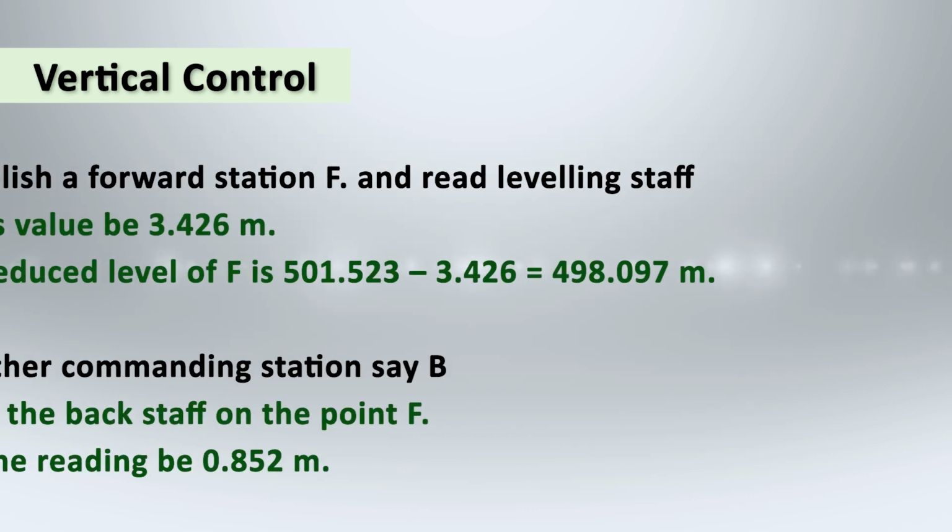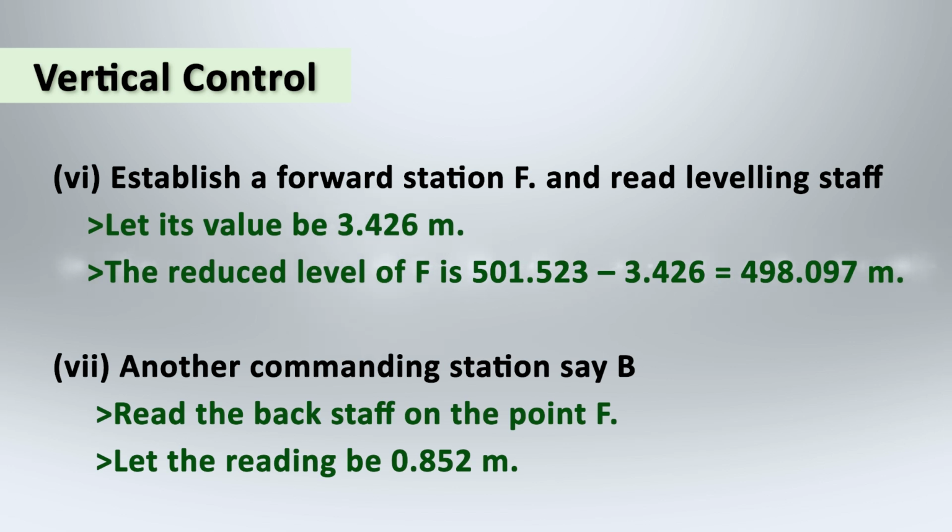the contour. Then establish a forward station F on a pakka mark and read the leveling staff held on it. Let its value be 3.426 meter. The reduced level of F is 501.523 minus 2.426 equal to 498.097 meter. Then shift the level to another commanding station, say B, and read the back staff on the point